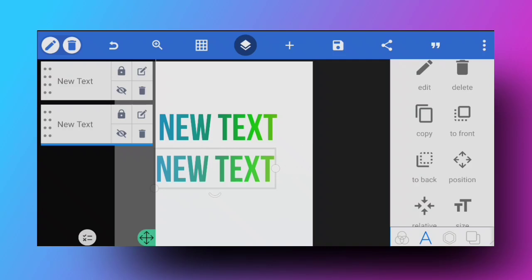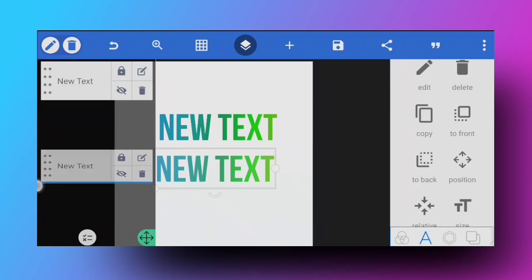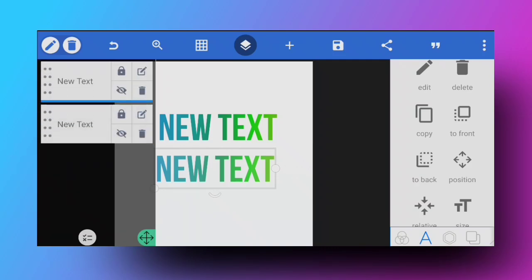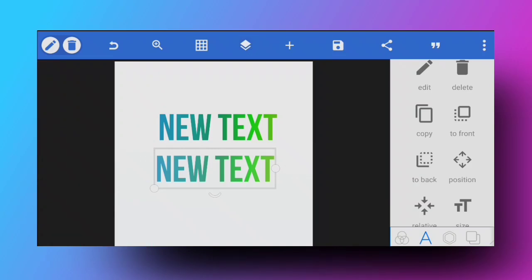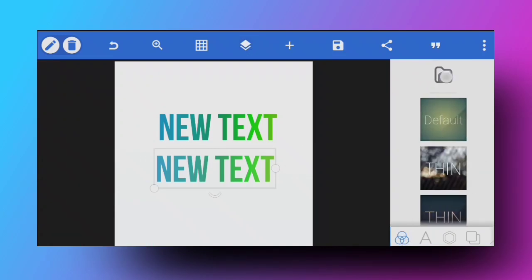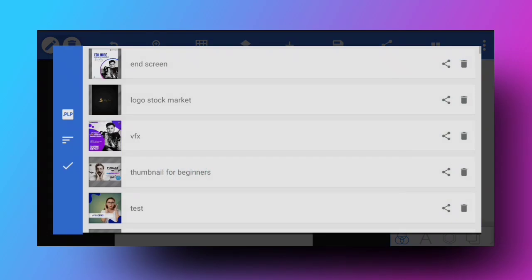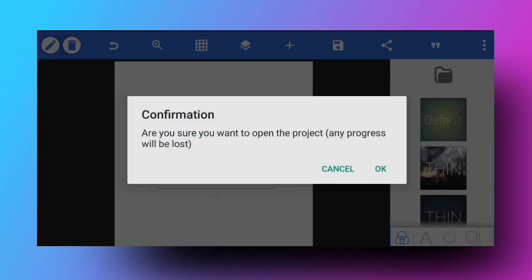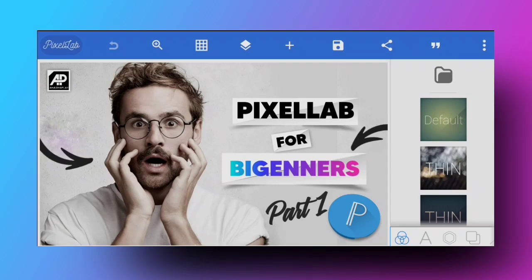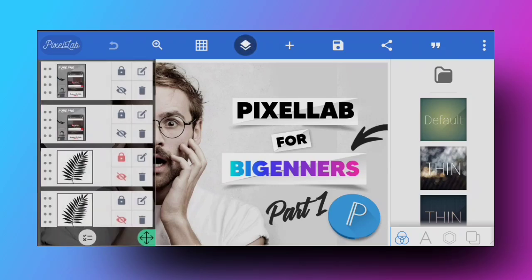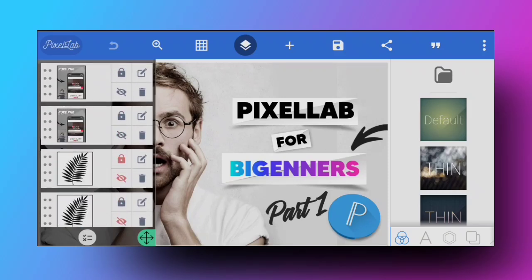So you can directly jump to the front, or you can directly jump to the back. And this is also common with every other layer format. Like you can also jump from one layer to another layer. Okay, to explain this, I'm just going to go into my projects and show you something I can explain this with. So this is my thumbnail right here. I've just added this thumbnail for my projects. So I have a lot of layers, as you can see over here. These are my layers.